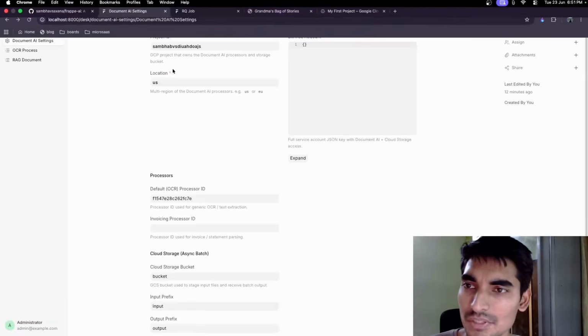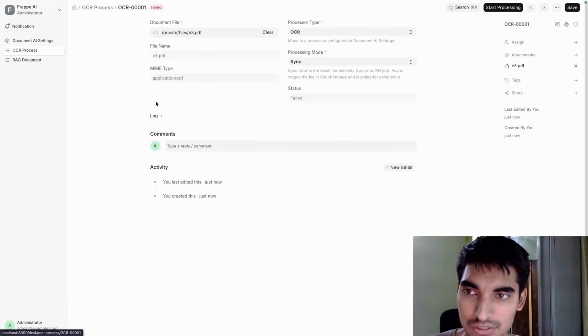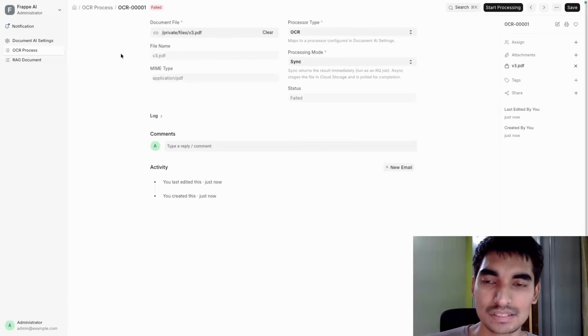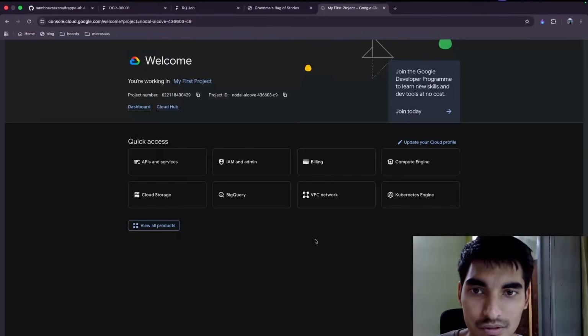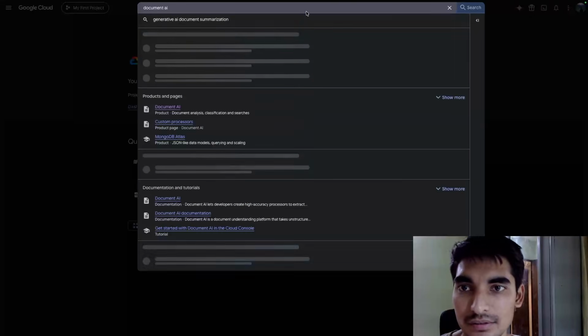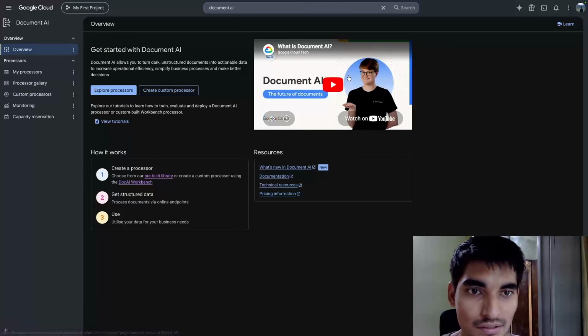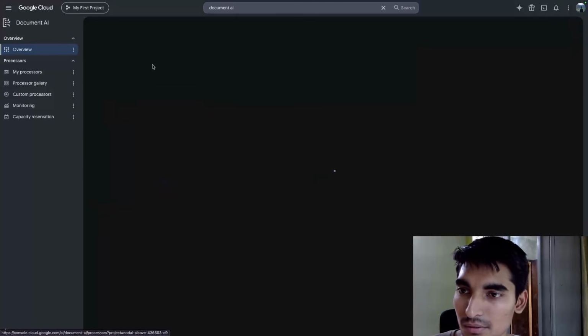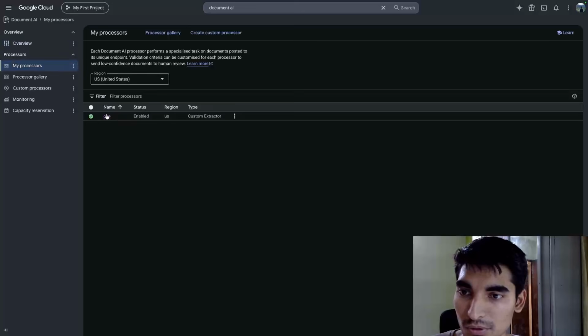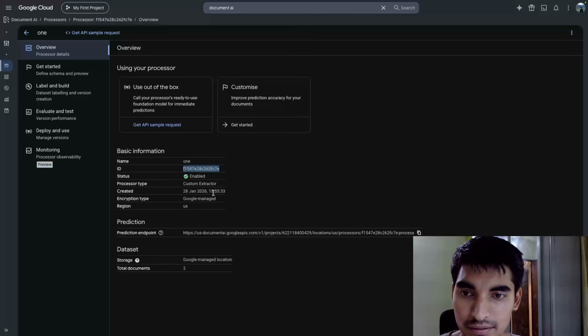I'll come up with a follow-up video on OCR processes specifically, if that's required, but that essentially works in the same manner. So you go over to your Google Cloud Console, you search for Document AI, and you'll get a gist of how these processors work. You can watch this video maybe, but I've created just this one processor of mine, and I'll put this ID there.